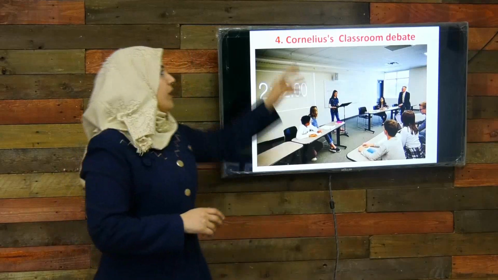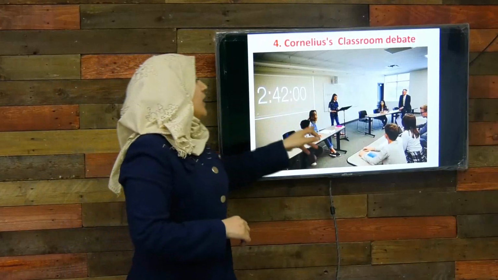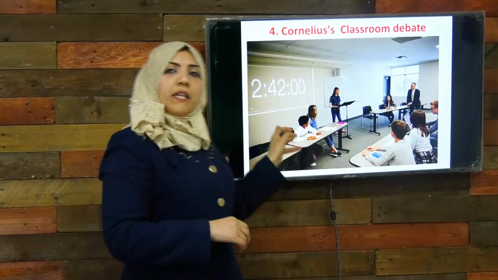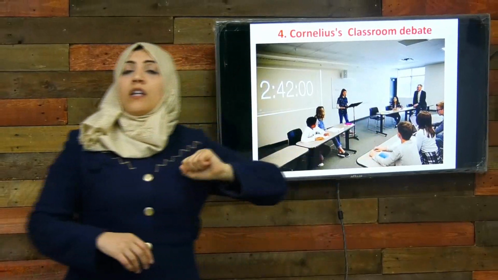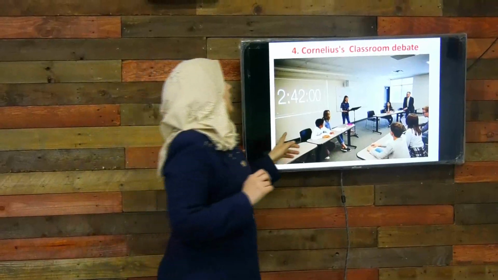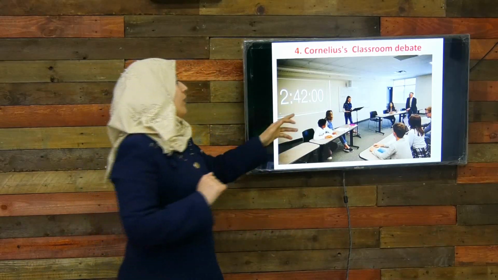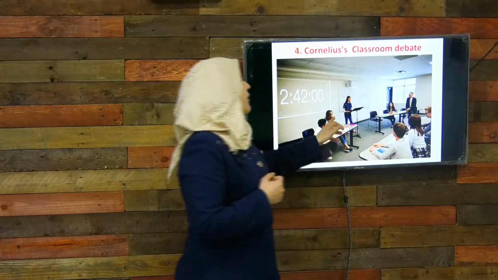Now, let's see the fourth debate, which is the Cornelius classroom debate. In such a debate, the teacher needs two teams with 3 speakers each. We name the speakers Speaker 1, Speaker 2, Speaker 3, for each team. Each speaker has his or her own role. For example, the first speaker of both teams introduces the topic, defines the keywords, and starts the debate. The role of the second speaker is to continue their argument and rebuttals,